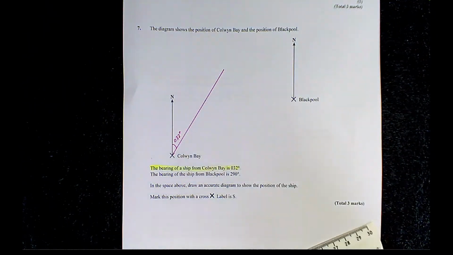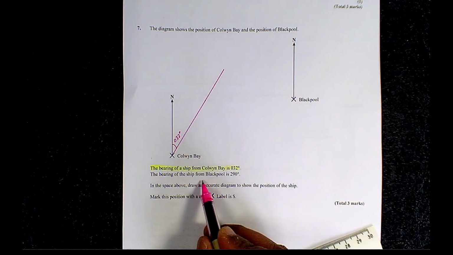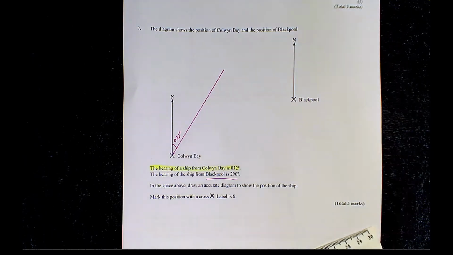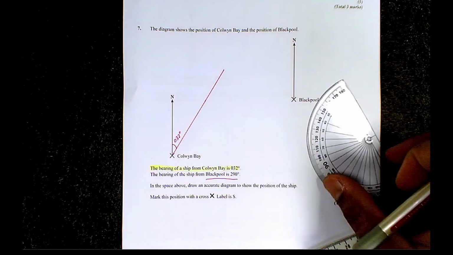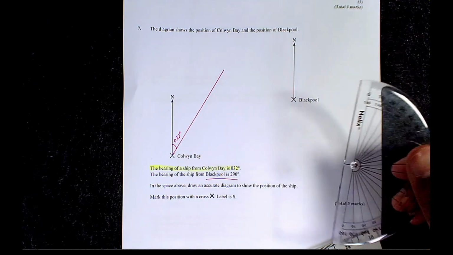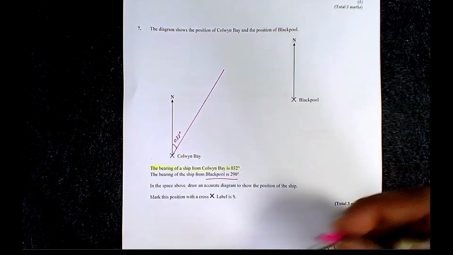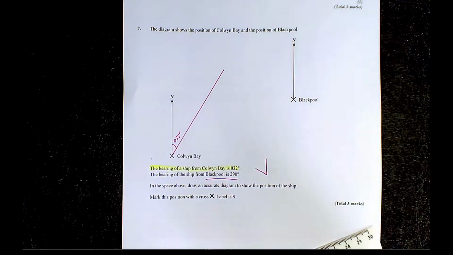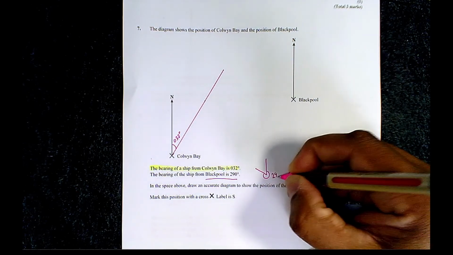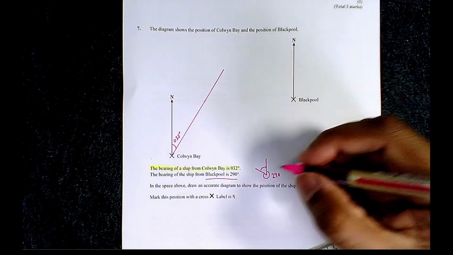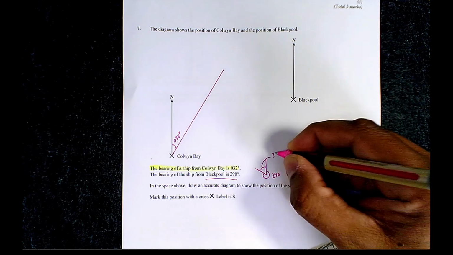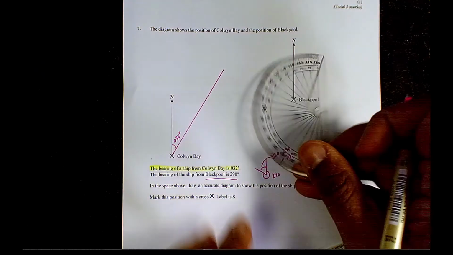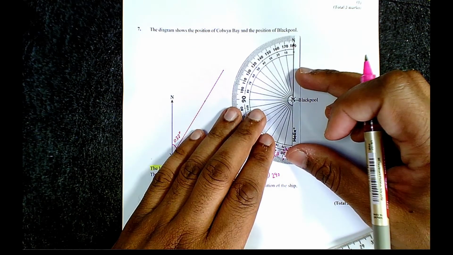Now, the next thing I need to do is to mark the bearing of 290 from Blackpool. Now again, this is going to be a little bit difficult with a 180 degree protractor. So if I just do a little diagram, 290 is going to be somewhere in that direction. So this bearing here is 290. So the angle that I don't want is going to be 360, take away 290, which equals 70 degrees. So I mark 70 degrees, going in an anti-clockwise direction,